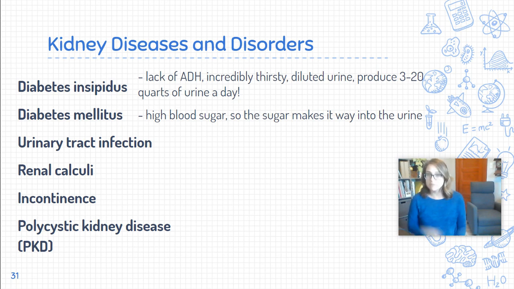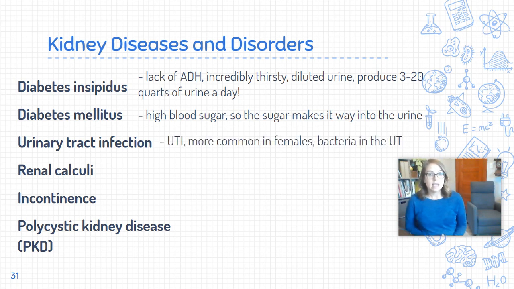UTIs, urinary tract infections. This is bacteria. It's really common. E. coli is the most common one that causes this. And it's more common in females than males because the lengths of our urethras are so different. So males, because the urethra passes through the penis, it's going to be a lot longer, somewhere in the range of about 8 inches, whereas females is maybe 1.5. So if bacteria gets in that